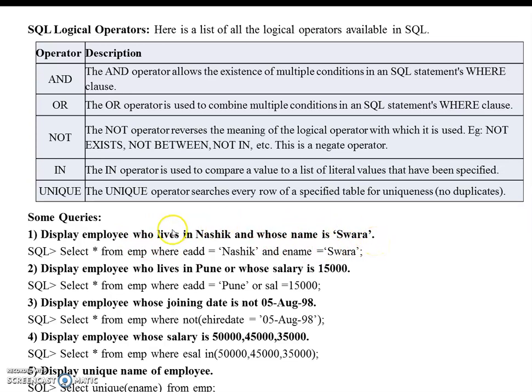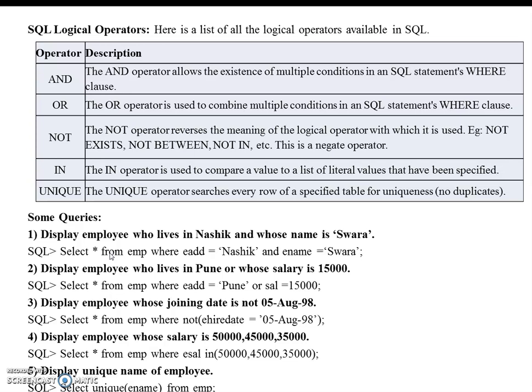In order to verify those two conditions we must use the AND operator, and the query will be select star from EMP where EADD equal to 'Nasik' and ename equal to 'Swara'. Because the address is asked, EADD is the column name in my EMP table, and within the name column I am going to search for Swara. The query will find whether the city is Nasik and whether the name is Swara. If both are found, then and only then the result will get displayed, otherwise nothing.